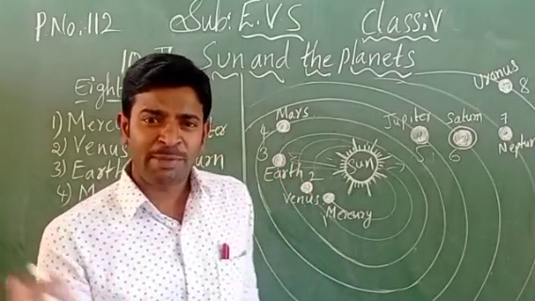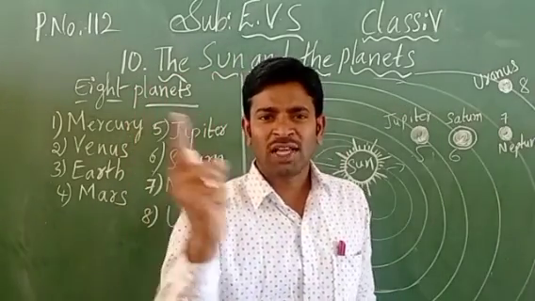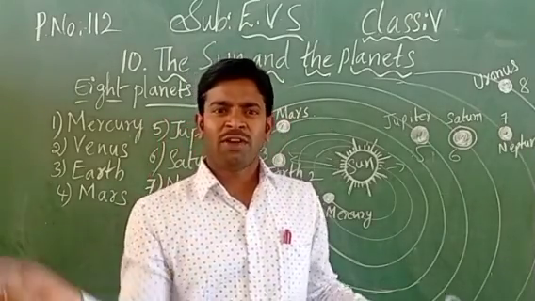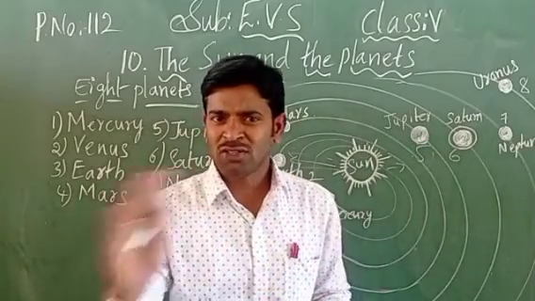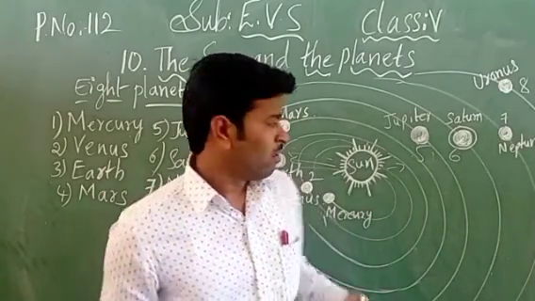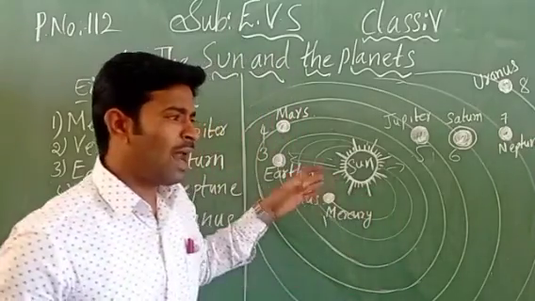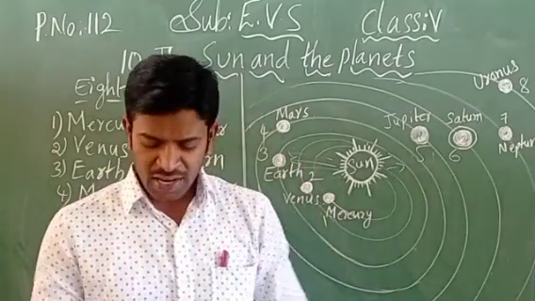That means orbit is nothing but a path. It is revolving around the Sun. In one direction only they are moving, in one orbit only. If they were moving from one place to another, what happens, children? One will collide with another. Yes or no? It is not happening in our solar system. For clarity, I am giving a small information about how the planets revolve around the Sun. Right. Next one, see.